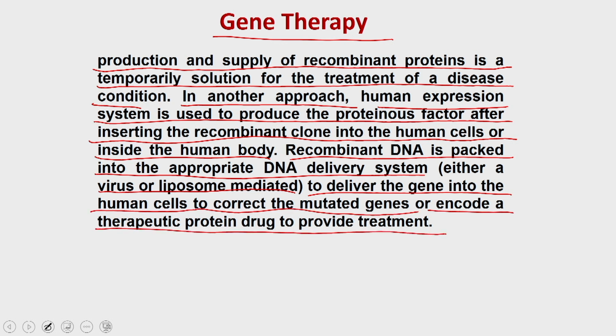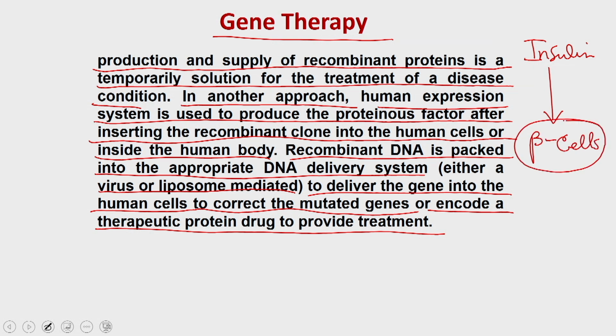treatment. When you talk about the delivery, it is also important that you do a delivery to a specific cell. For example, if we are talking about insulin, we have to deliver this recombinant clone to the beta cell, because beta cells are the cells which are actually trained to produce the insulin. We cannot produce the insulin in muscles, or in the brain, because that is not